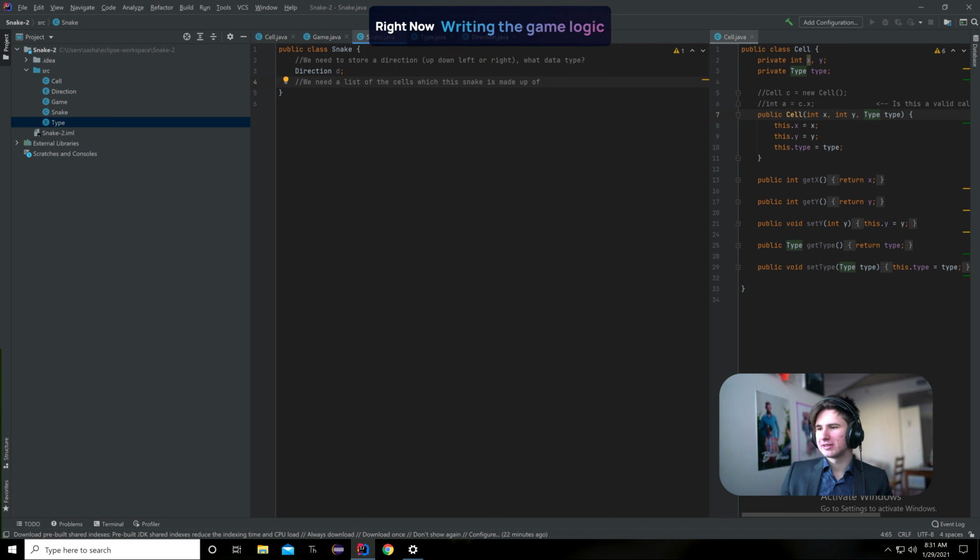Can we just use constants instead of an enum? Yes, you can use constants instead of an enum, but it's just less clean. I guess by constants, do you mean we just have like a number? Let's say we have like a list, an array of possibilities, and we work with that array of possibilities that are just numbers? Like final fields. Yeah, we could use final fields for that, but it can get messy because let's say you want to have